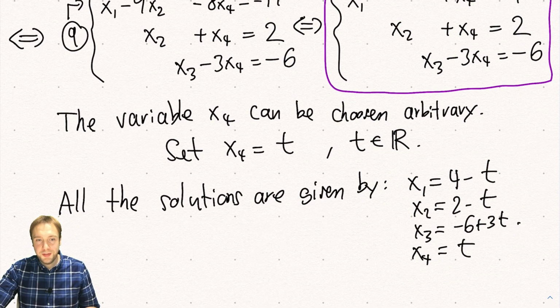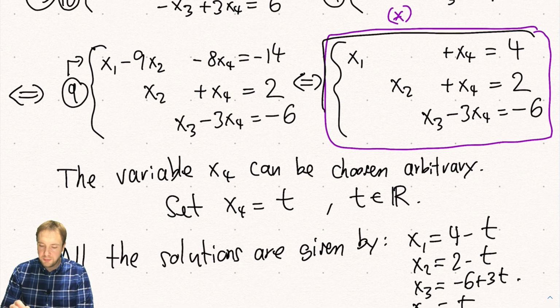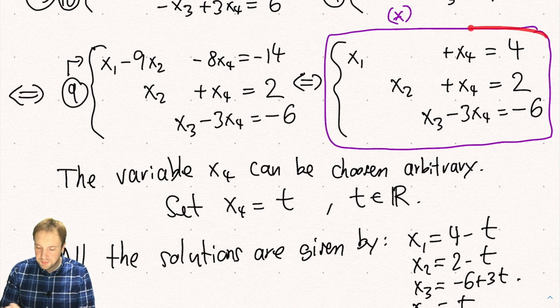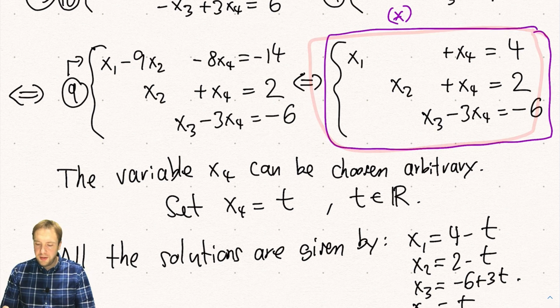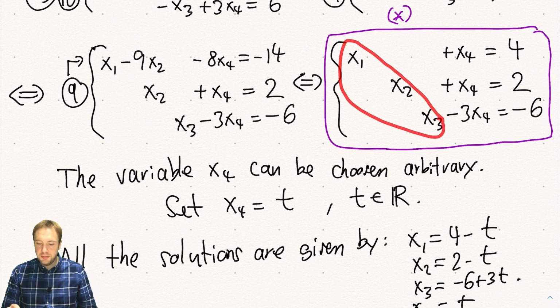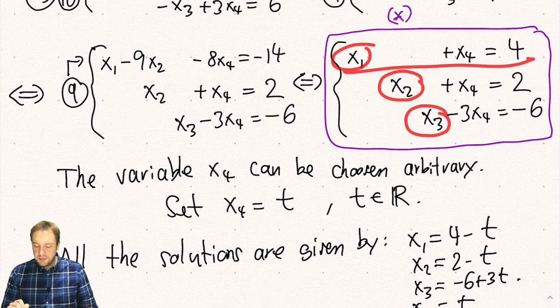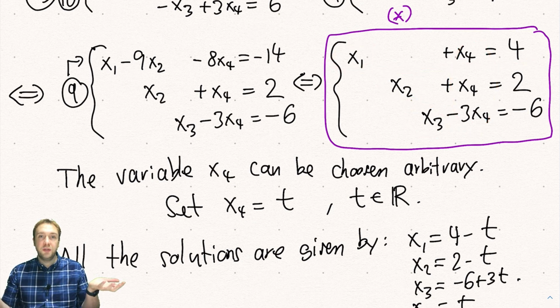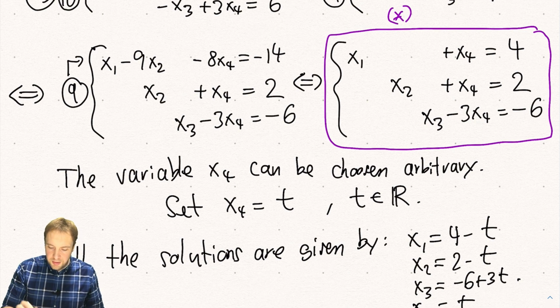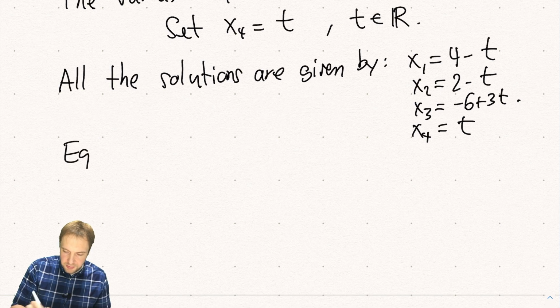Okay. And so we somehow see that in this final equation here, there are two types of variables. So we have these variables which just appear alone in one equation. So this is the equation for x1, and this is the equation for x2, and this is for x3. But we also have this variable here, which can be chosen arbitrary. And these also have names. So in this purple star equation,